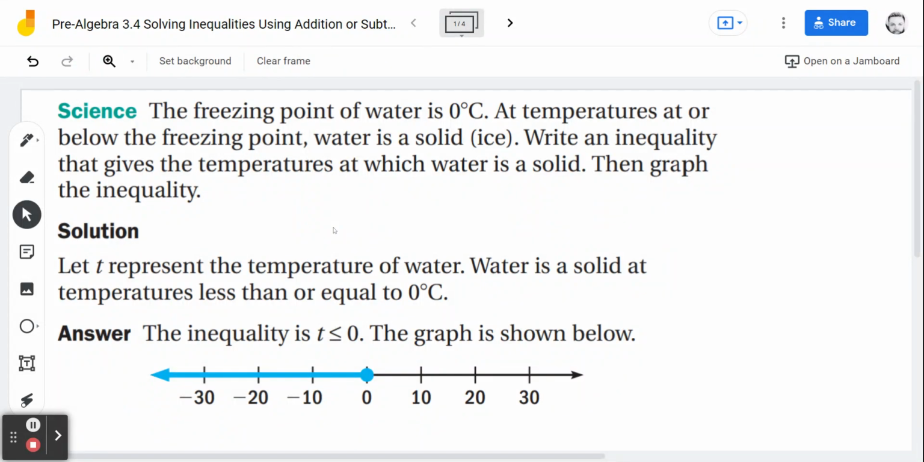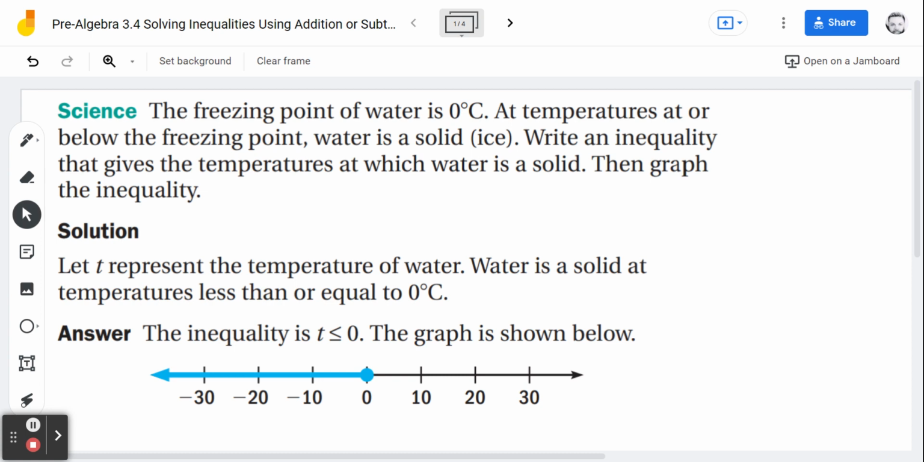All right, so the freezing point of water is 0 degrees Celsius. So now temperatures at or below the freezing point, water is solid. So we're being asked to write an inequality that gives the temperatures at which water is a solid. Then graph the inequality. So we're going to let T represent the temperature of the water, and water is solid